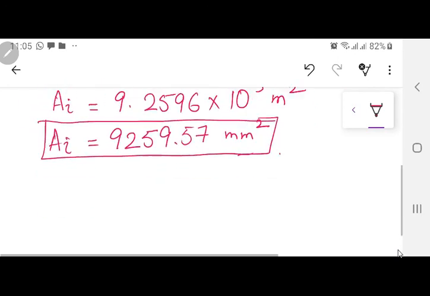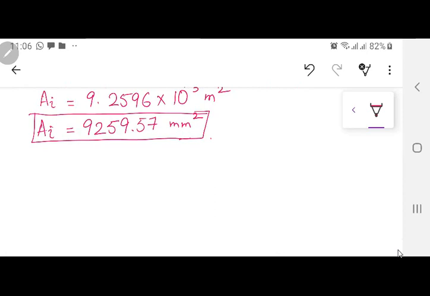Now here I have to decide first what type of core I am going to use. Either I want to go with the 4-step, 5-step, 6-step, 7-step or 8-step. Now over here, if you go back to your chapter number 4, you have been given the values of your K factor. Now what is K factor? K factor means if this is the area of the iron, this will be equal to pi d square by 4 multiplied by some K factor.